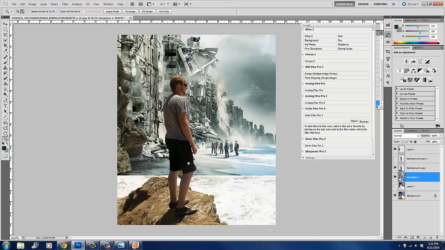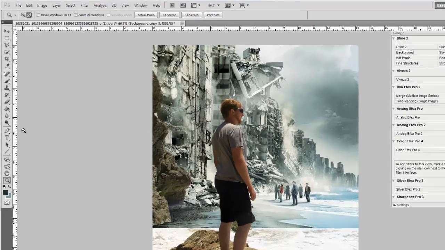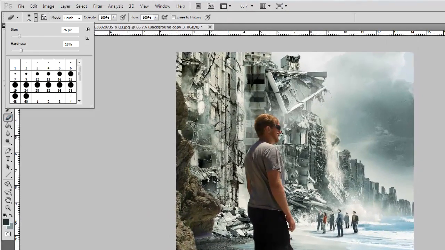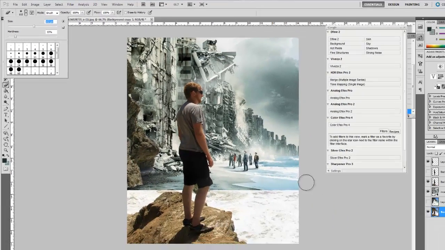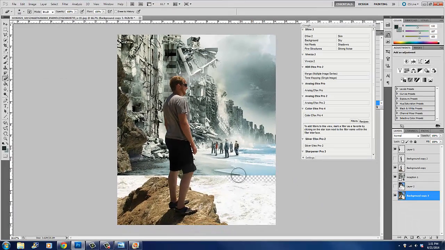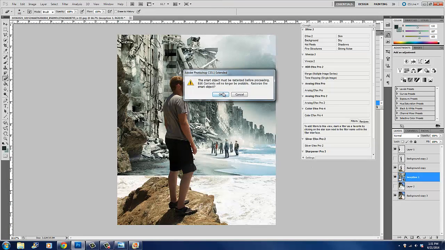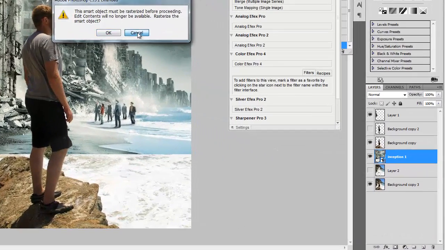And so what I'm going to do is copy that background, delete that original background just because original backgrounds are just annoying. Get my eraser. And I'm going to erase Ellen Page and Leonardo DiCaprio and all these other wonderful people. Wrong image. Okay, I'm going to erase this. It's a smart object. I'm going to go ahead and rasterize. Actually, before you rasterize,